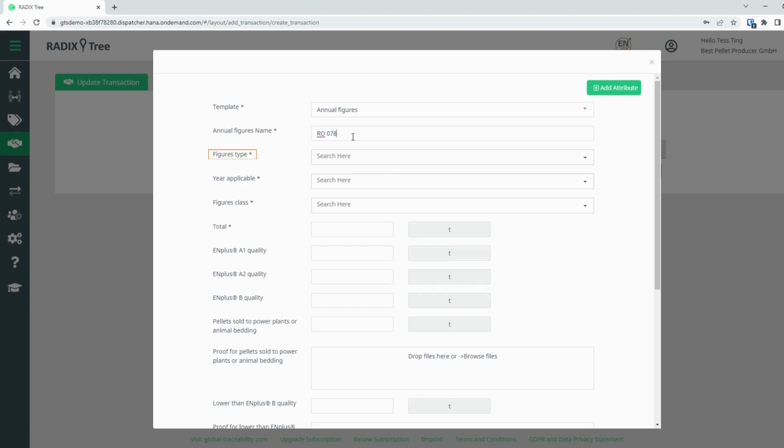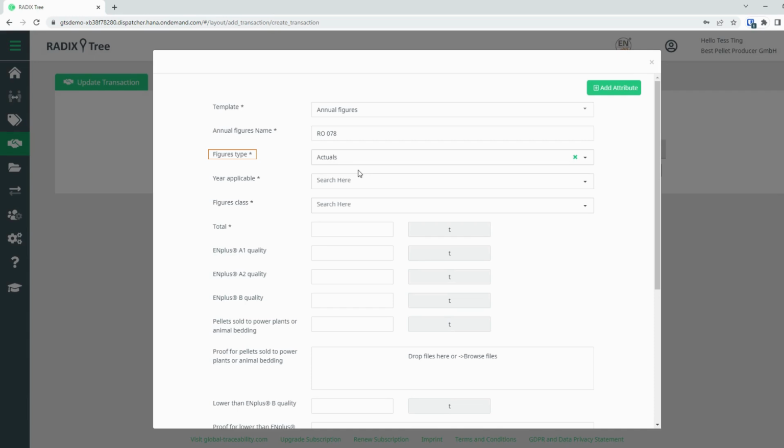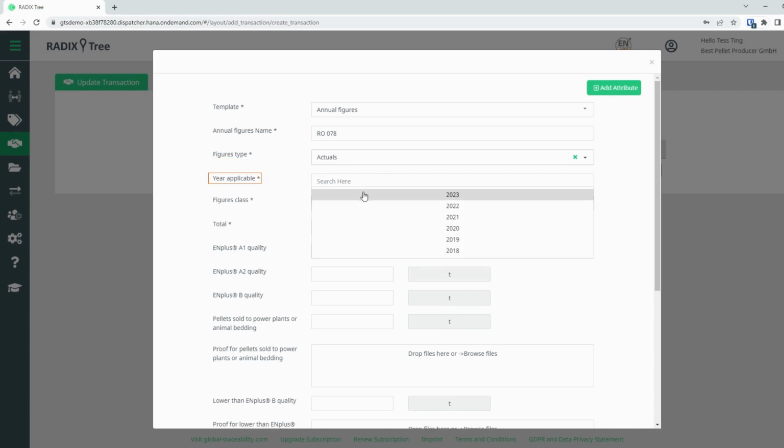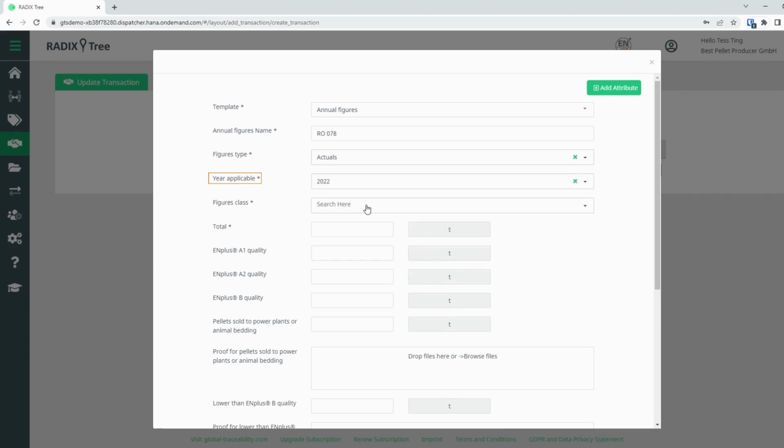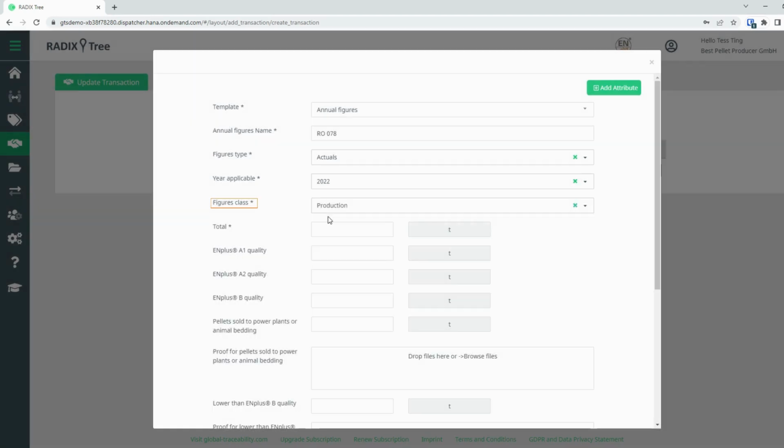Then, select Actuals for the figures type and the year applicable. For example, if you submit this in the beginning of 2023, you should submit the actual figures for 2022, so you select 2022. Choose Producing or Trading, depending on what type of certified company you are. In the next two fields, you need to fill in the actual amount produced or traded, corresponding to the different